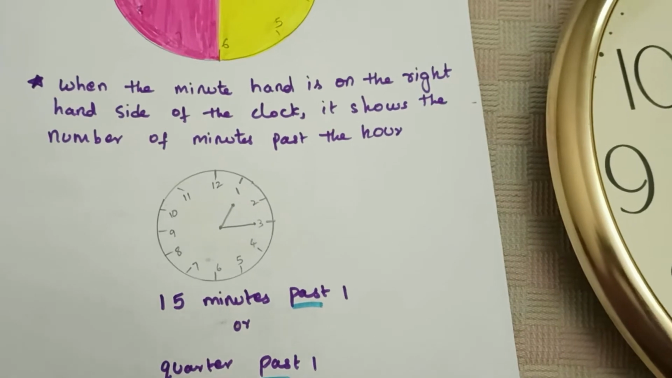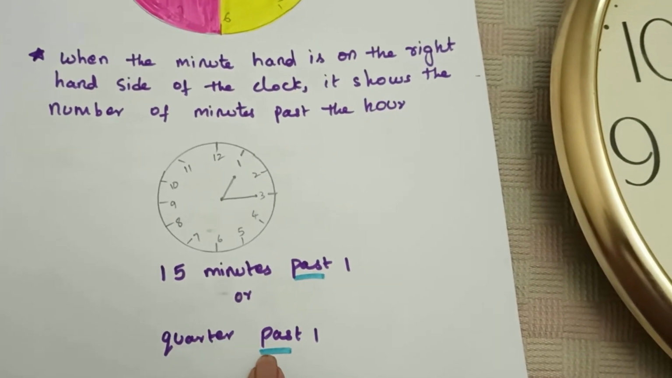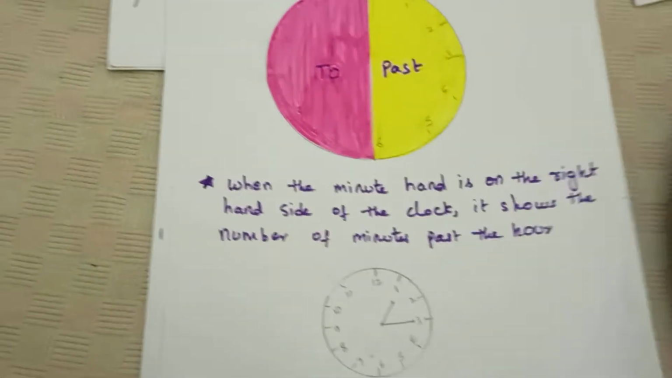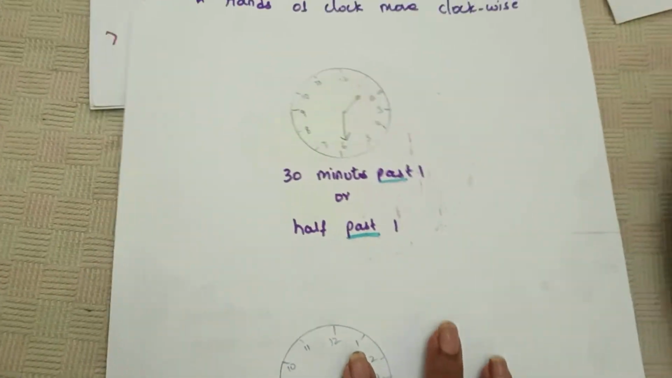And 15 minutes is nothing but quarter. So, quarter past 1. I'll explain with another example. See,